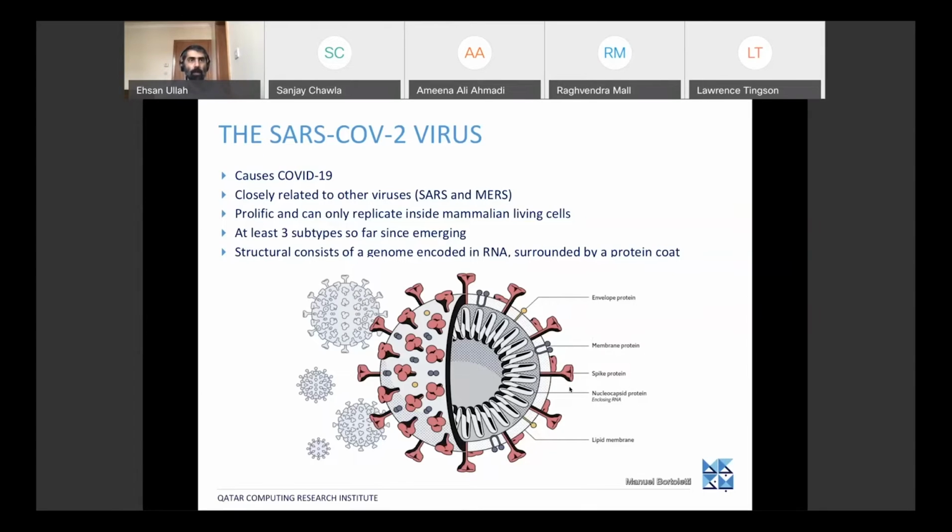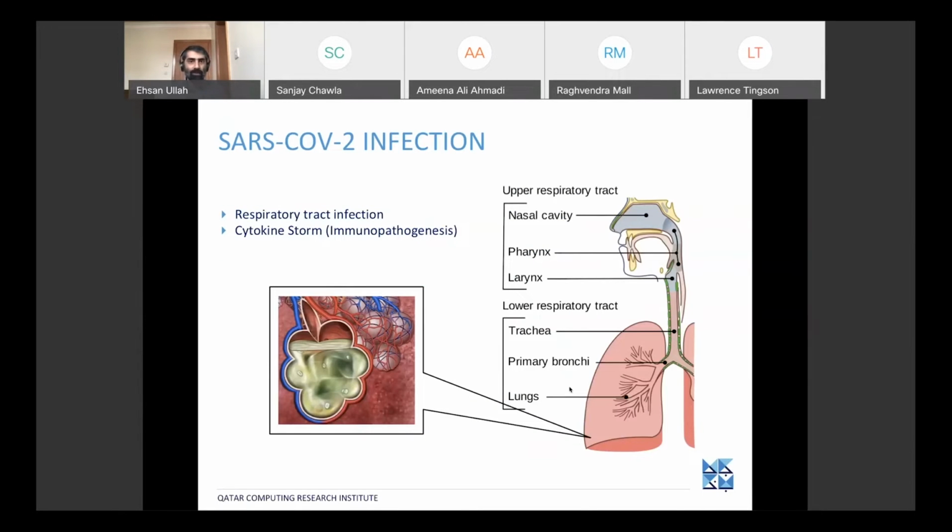And now let's see how it infects human beings. The coronavirus primarily infects the upper respiratory tract of human beings and mammals as well. The MERS coronavirus has been shown to bind to a protein DPP4, which is expressed in non-ciliated cells in human beings. In SARS coronavirus 1, the ACE2 protein was the primary cellular receptor to which the virus attached itself, and it is believed to play a really important role in the ability of SARS coronavirus 1 to produce infections in both the upper respiratory tract and